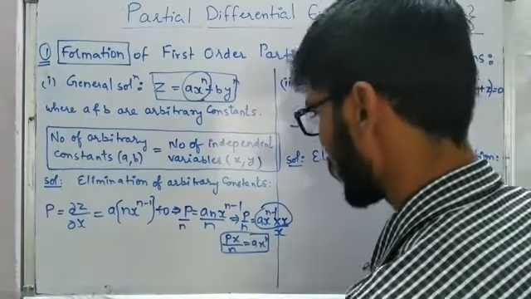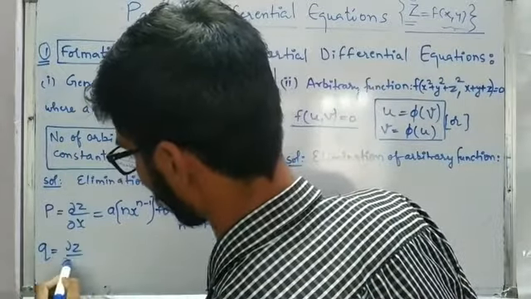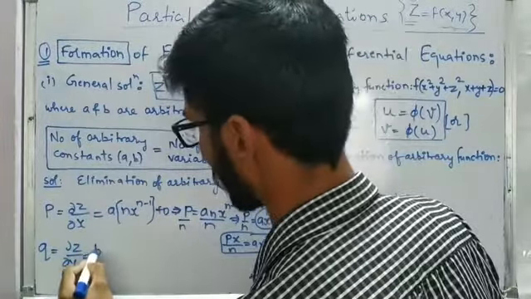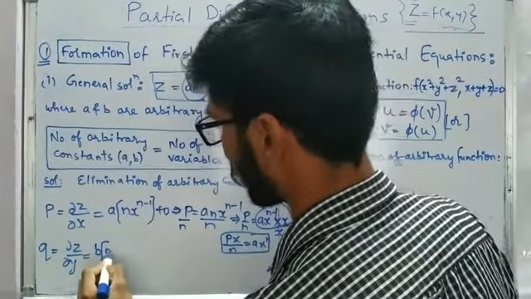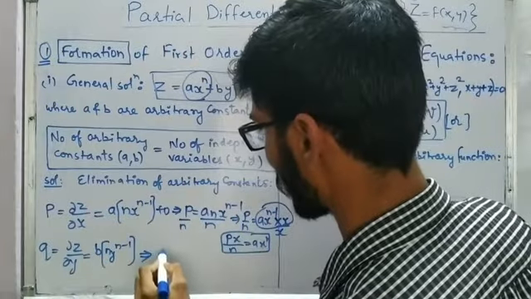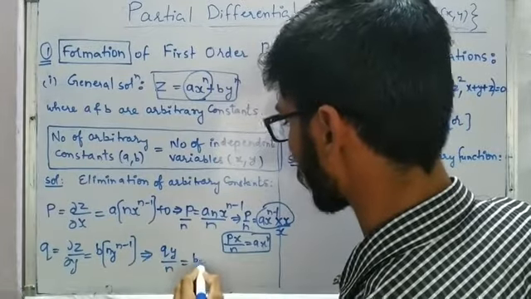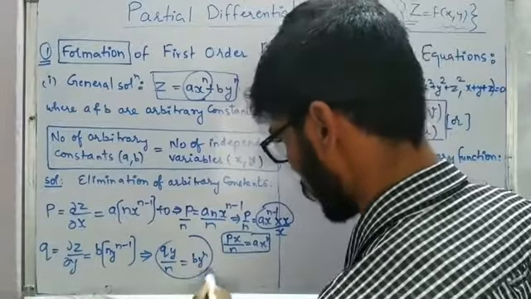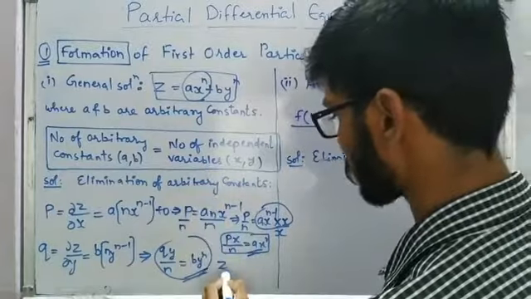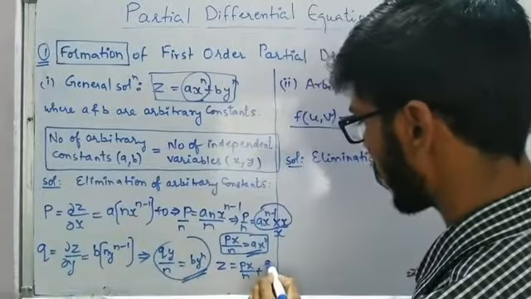So we have the term a x power n, and if we differentiate z with respect to y, this will be q is equal to dou z by dou y. So we are going to get the differentiation of the y power n term now, n into y power n minus 1. If we do the same simplification here, we are going to get q into y divided by n is equal to b y power n. So almost our work is done. Only substitute back a x power n as p x divided by n and b y power n as q y divided by n.